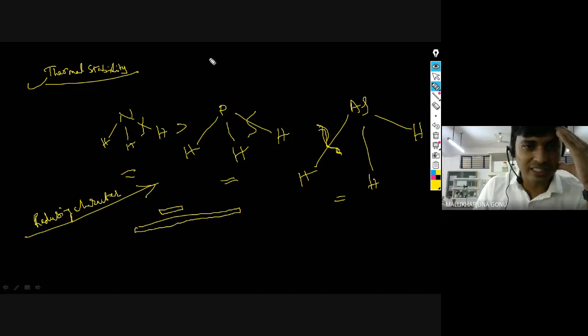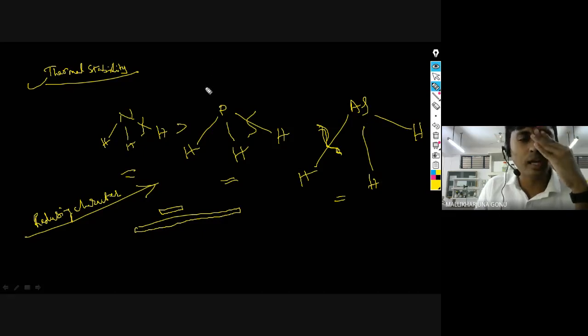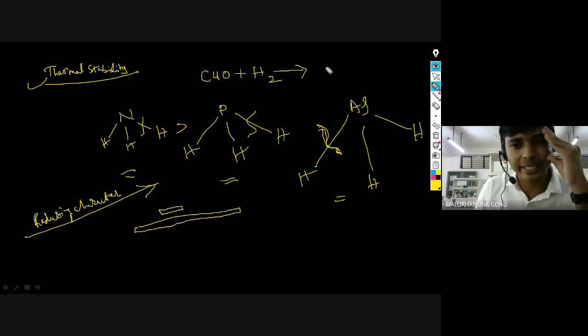Okay, for example, in the oxidation reduction reactions you have seen already. Once again I will write this. For example, copper oxide is there, and H2 is there. A simple example I am writing. So this is Cu plus H2O. In this one, copper oxide and H2, which one is the oxidizing agent?